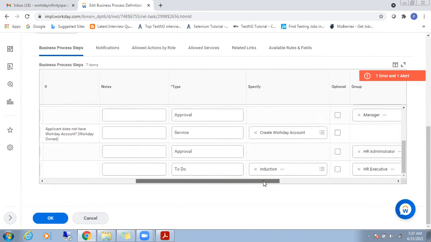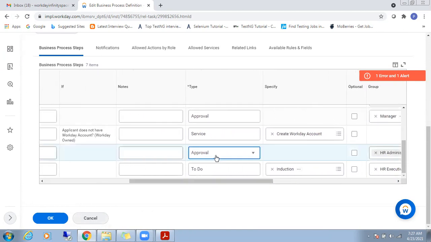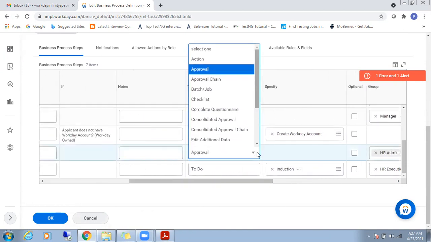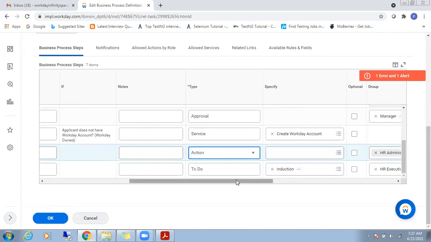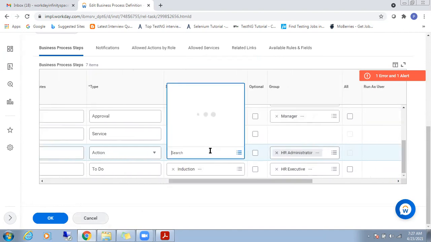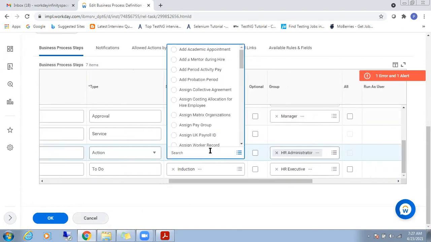I'm going to change it. Action. Now onboarding, right?